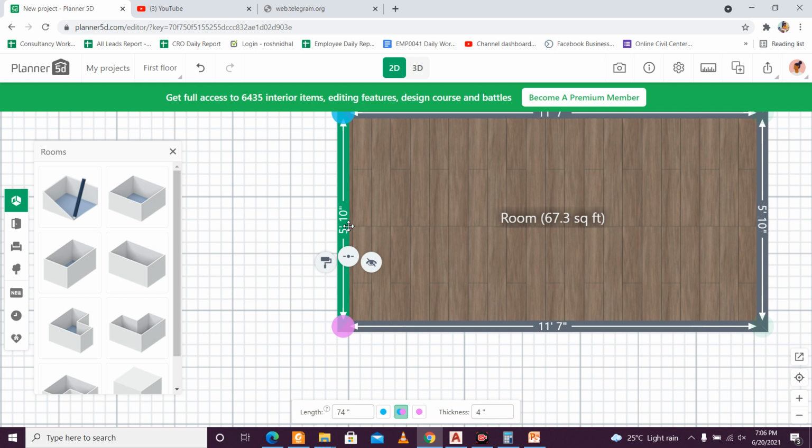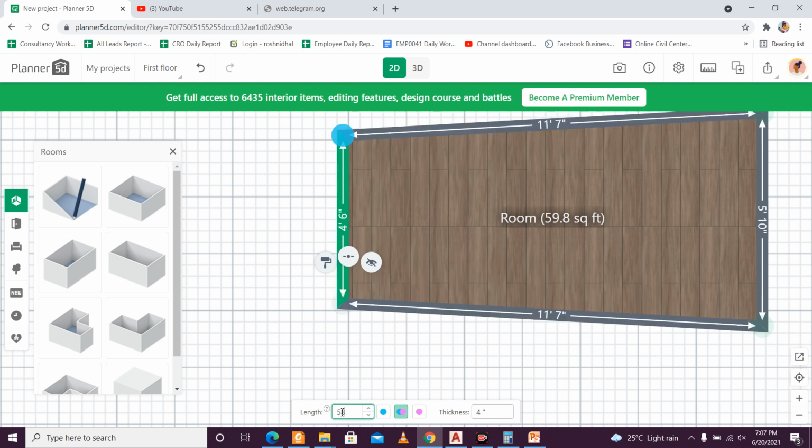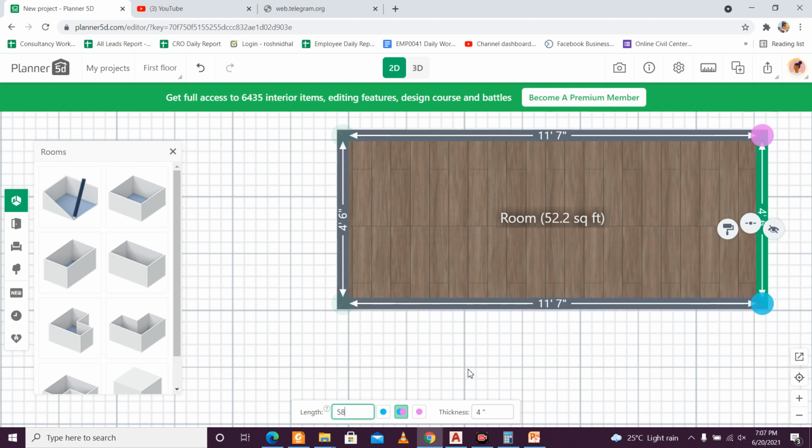So it is 70, but we have to give 4 extra here. So like this you can calculate. So if you have to give 54, if we give 58, then it should be 4 feet 6 inch. So let's try this. 58, yeah, is exactly what we want, and this also, try this 58. So it's exactly what we want.